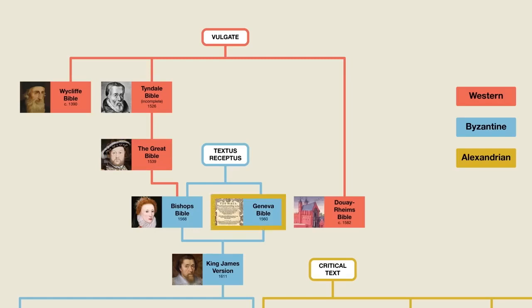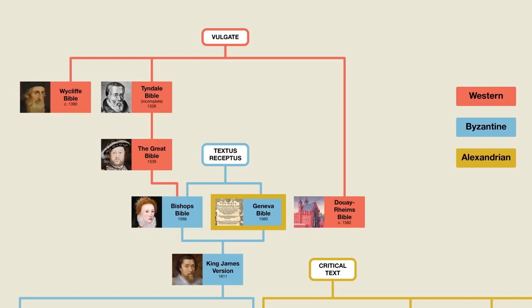This Bible was very different for several reasons. First of all, its New Testament was based on the Textus Receptus rather than on the Vulgate. The Textus Receptus was a Greek New Testament created a few decades earlier by the Dutch philosopher Erasmus, using all of the best Byzantine manuscripts available to him at the time. Secondly, the Geneva Bible was created by Calvinists, and hence was thoroughly Protestant. Third, it was the first English Bible to use the chapter and verse divisions that we still use to this day. And fourth, it was mass-produced, and therefore was the first Bible to end up in the hands of the